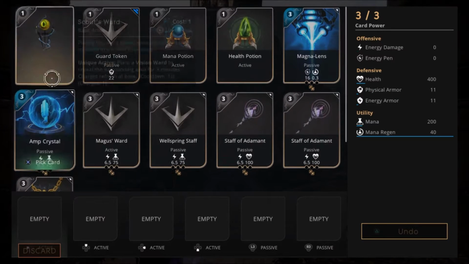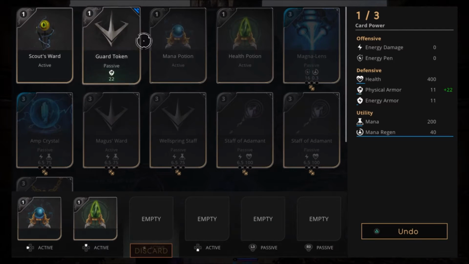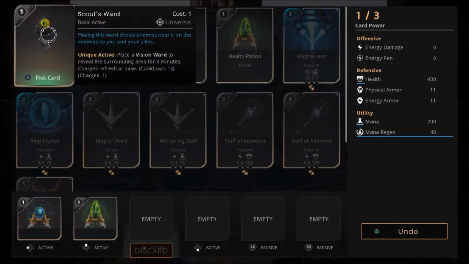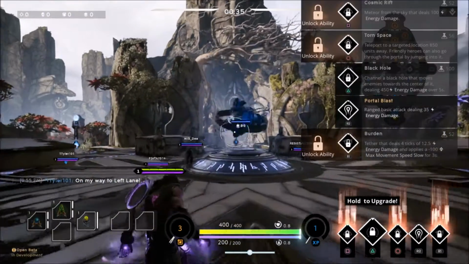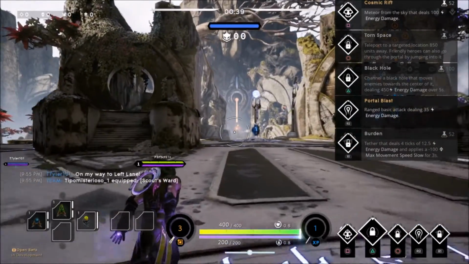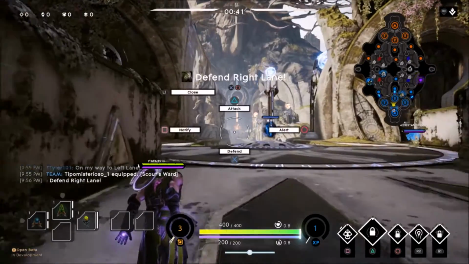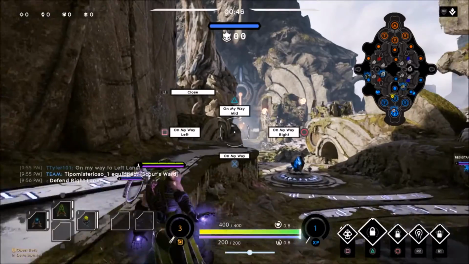Now you're going to want to start off with a Mana Potion and a Health Potion, and if you want a more defensive approach you can go with a Guard Token, but if you're like me and you want to see the enemy before he's on your face, you're going to want to put a Scout Ward, which will amplify the vision that you have on your map exponentially,